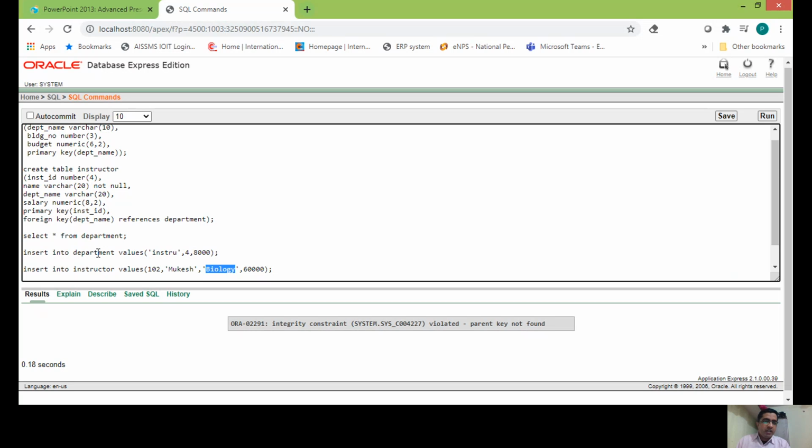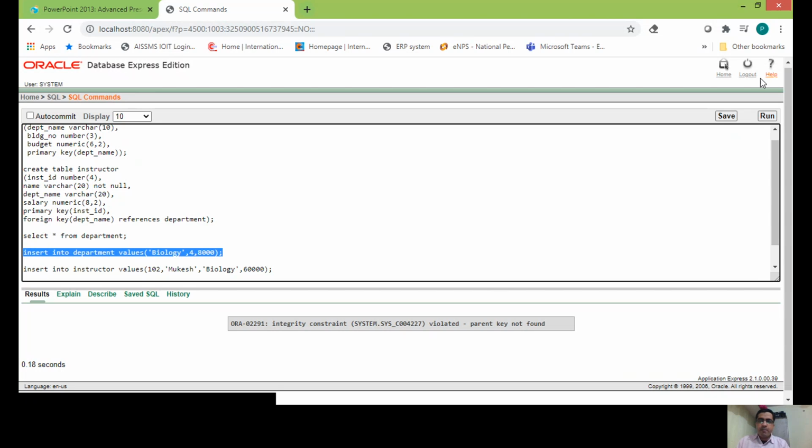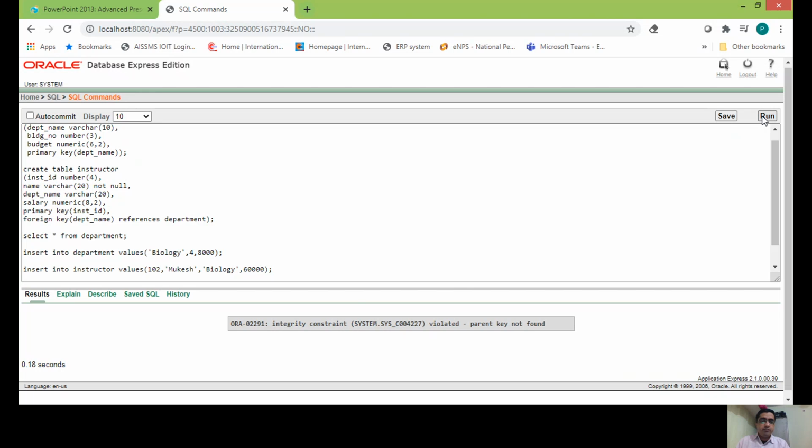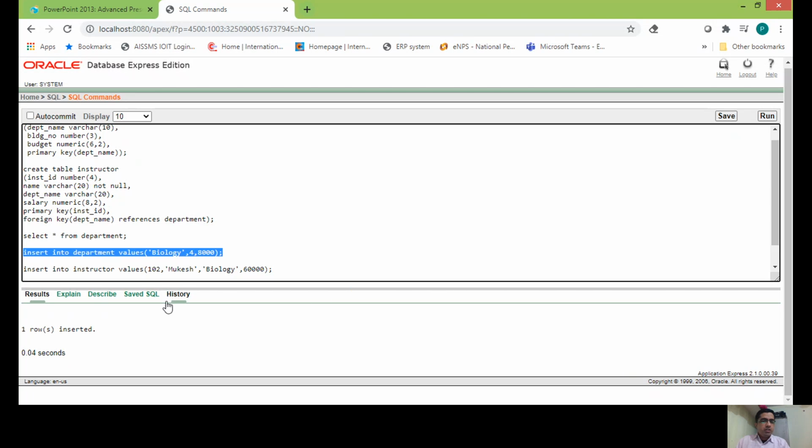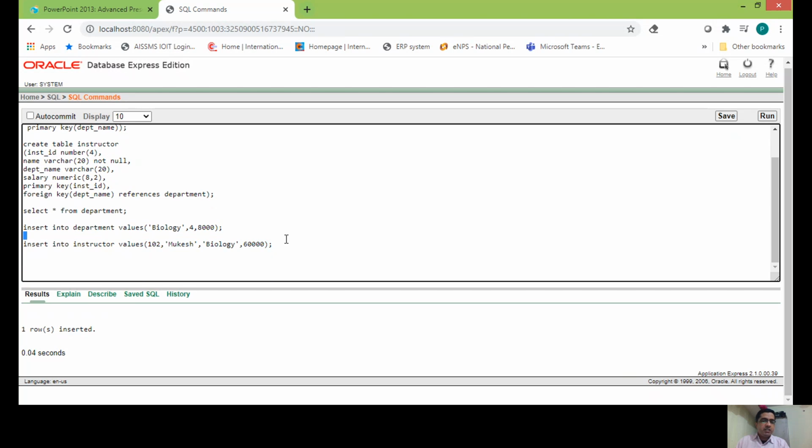So if I modify the department table by including biology as a department which is there in the fourth building and budget is 8,000, and now if I execute this, one row is created in department, and now if I fire the instructor insert, it will get inserted.